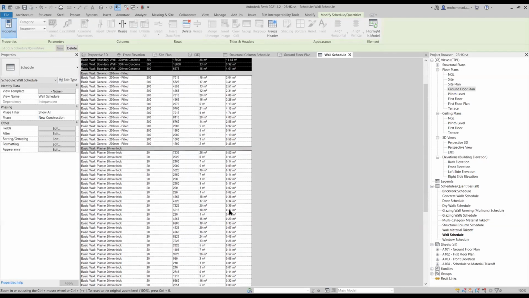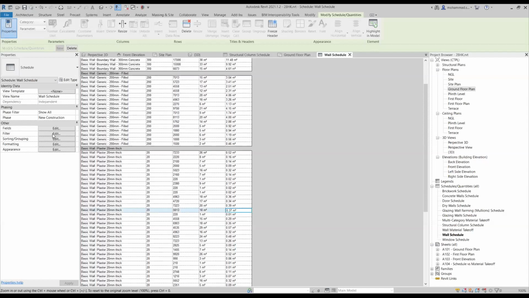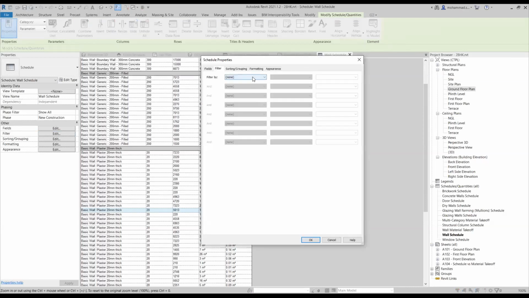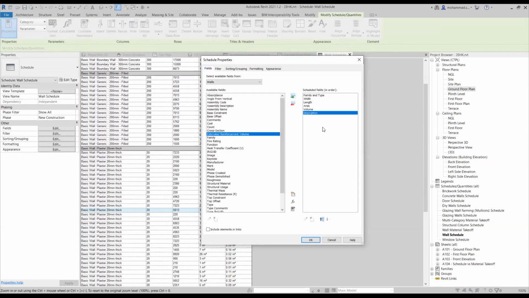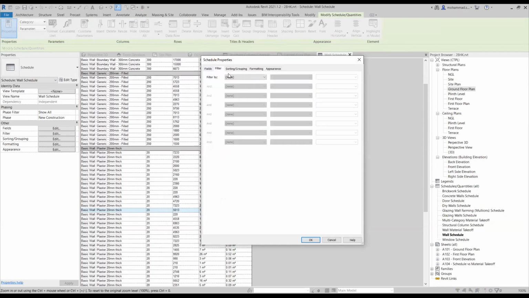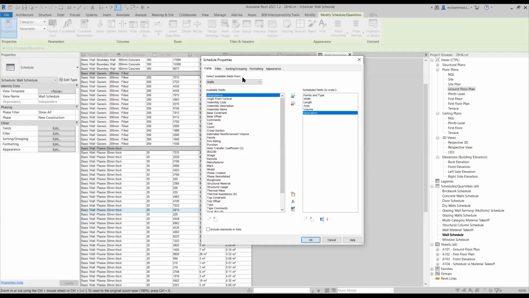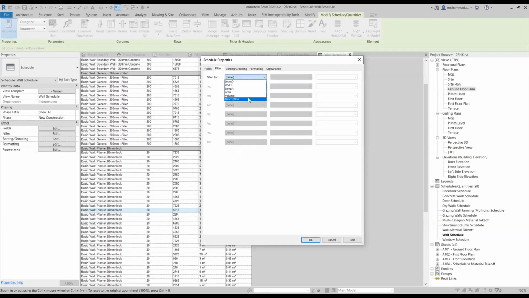So under schedule management, we also have another option after fields under schedule properties, that is about filters. We can go to the filters option, and under it, we can take one of the properties which we have used. Like I've said, I've described drywall in the description, and I've not taken that field here. So I need to get back to the fields and add description in this case. I've just shown that in your project. I'm going back to filters again. And since this description is now added as a field, I can now use filters by using this property.